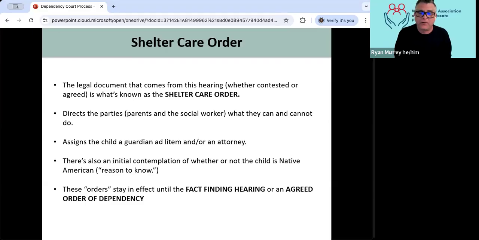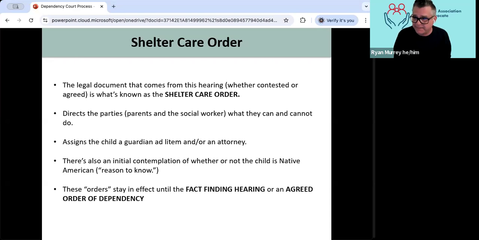That shelter care order will also assign the child a guardian ad litem or an attorney. And there's also an initial contemplation of whether or not the child is Native American. Is there any reason to know that this child may be Native American? If so, that kicks ICWA into effect, the Indian Child Welfare Act.